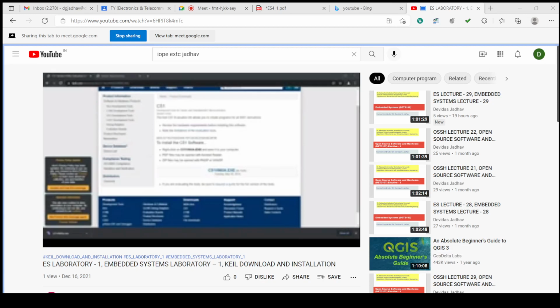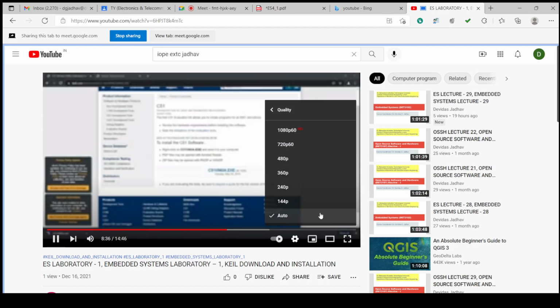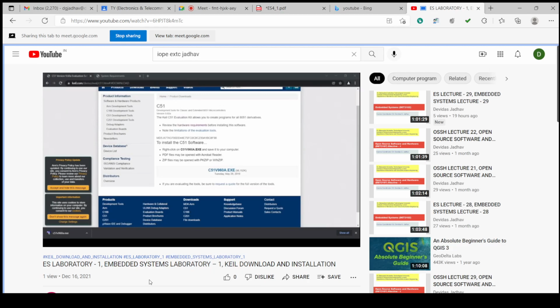So this tick is for show release notes. Okay, and this tick is for add example projects to recently used project list. These ticks are available by default. If you don't want them, you can remove the tick also like this. But I will keep both the ticks. So I will get the release notes, and the example projects will automatically get added to the recently used list, and I will click finish.